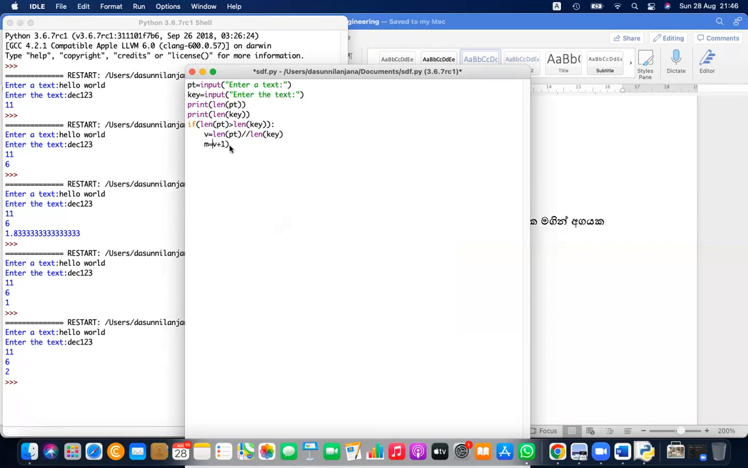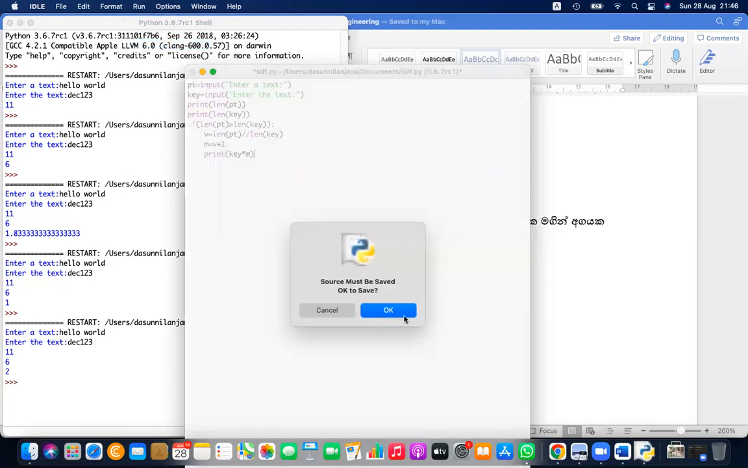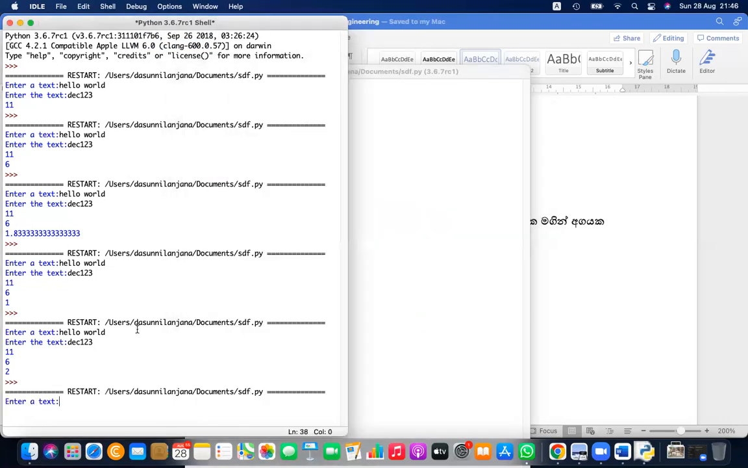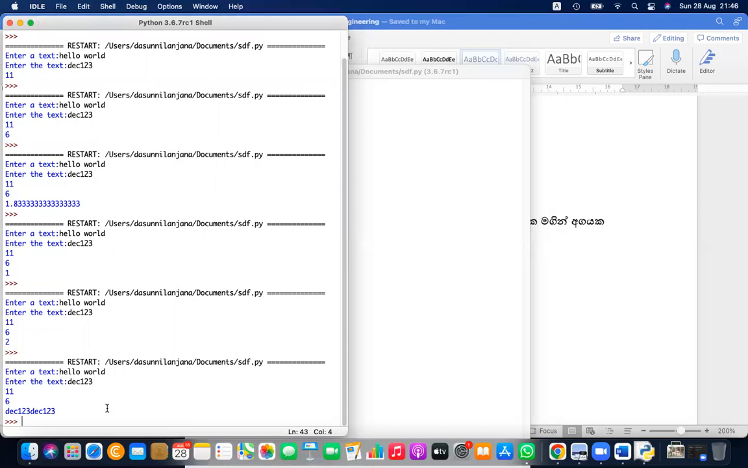So let's say M equals V plus 1. This is the multiplier, and let's multiply the key by M. I'm printing the key which is multiplied by M. Okay, that should give, you know, hello world, and DEC 1 2 3, DEC 1 2 3, DEC 1 2 3,